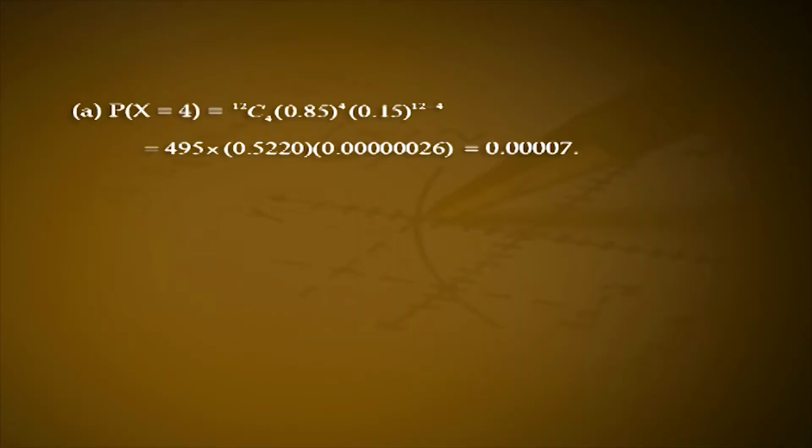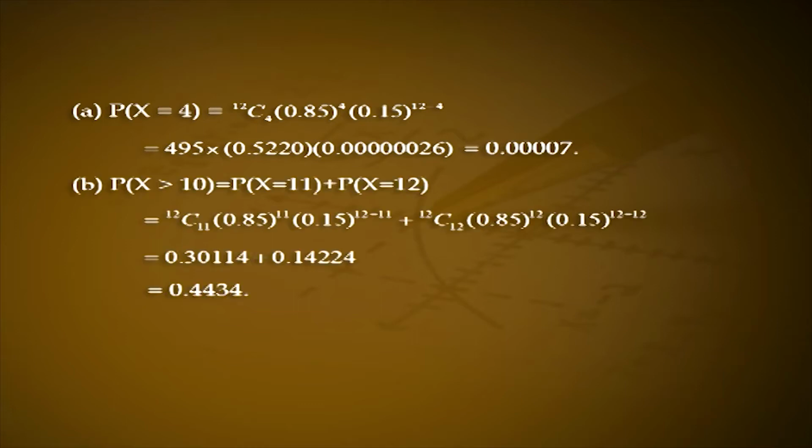A. Probability of x equal to 4, that is equal to 12C4 into 0.85 raised to 4 into 0.15 raised to 12 minus 4, that is 495 into 0.5220 into 0.00000026, that is equal to 0.00007. B. Probability of x greater than 10, that is equal to P of x equal to 11 plus P